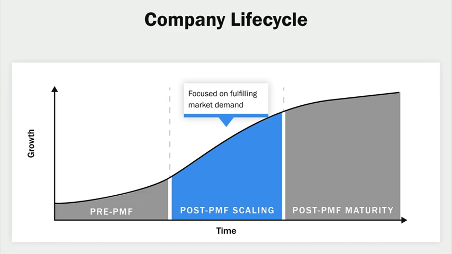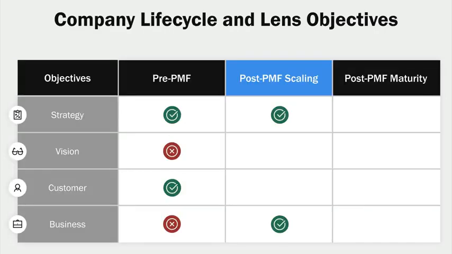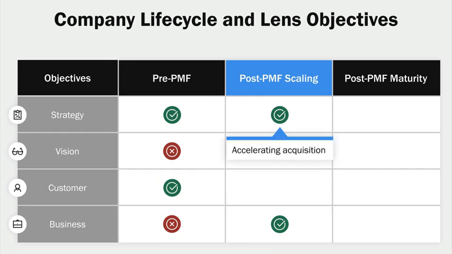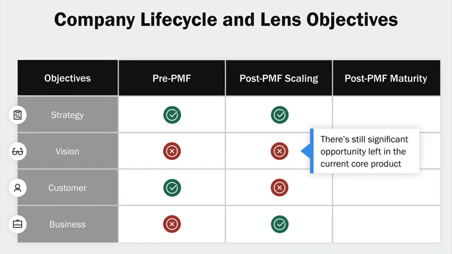In the post-PMF scaling stage, you've gotten a signal that your product is what the market wants. Here, you are focused on fulfilling the demand. In this stage, you might need to implement more heavily from your business and strategy lens. You focus on the business lens because there's likely still significant low-hanging fruit from immediately implementable optimizations. You also focus on the strategy lens, especially accelerating acquisition. You've likely figured out retention at this point and can focus on acquiring as many of your target users as possible. The vision lens tends to be less important in this stage, since there's still significant opportunity left in the